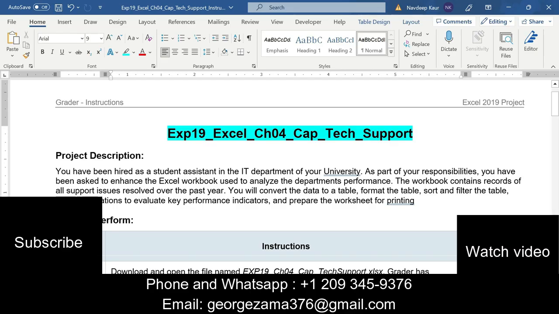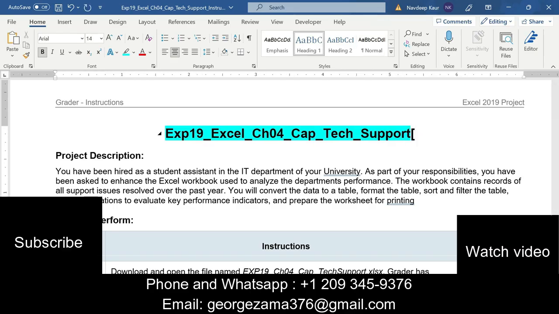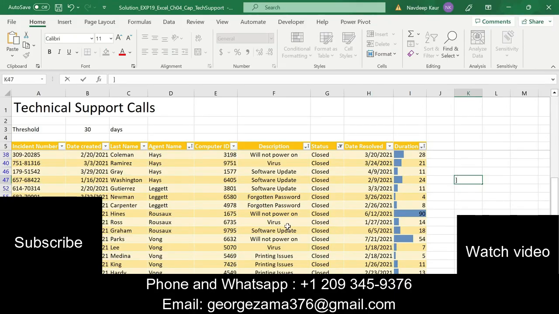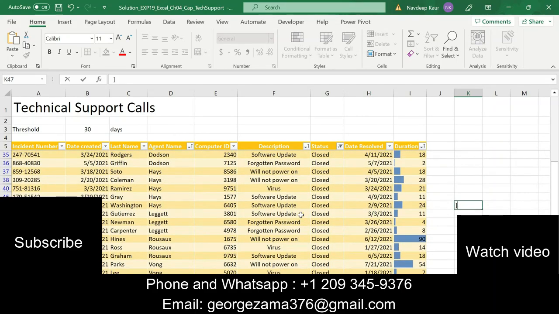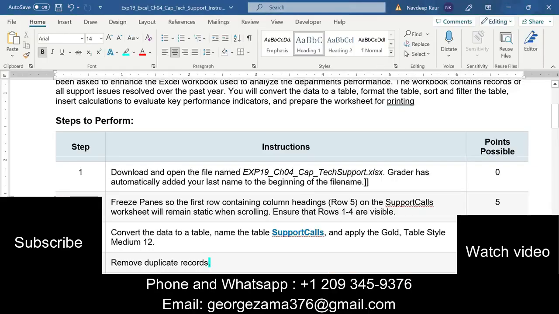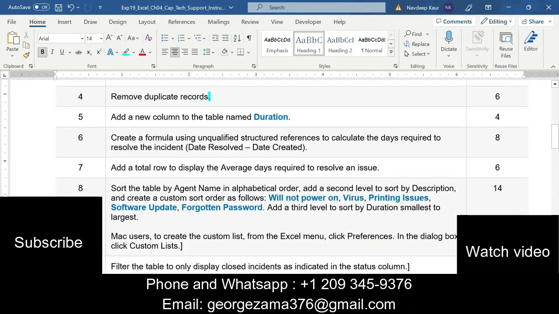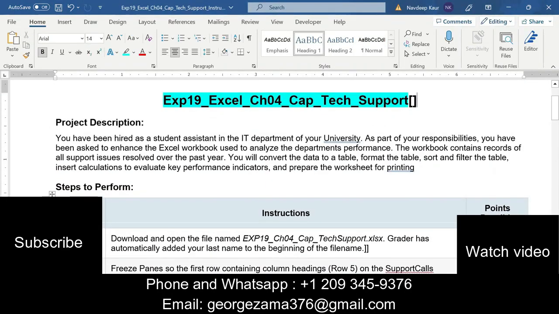Let me show you the final version now. So this is the final version for this assignment. This is the conditional formatting applied to column A, and the conditional formatting data bars applied to column I. So you will get a final version like this. So when you solve the remaining 4 steps, basically I have shown you this complete assignment.